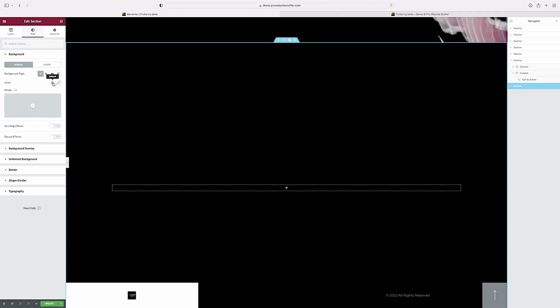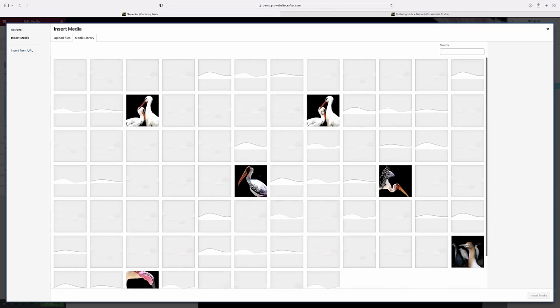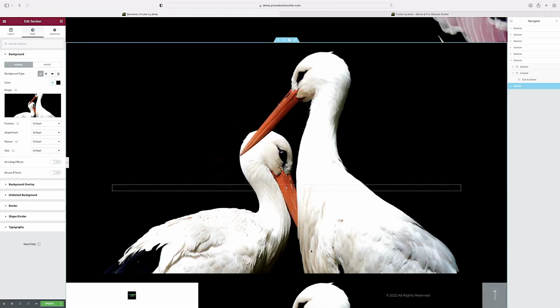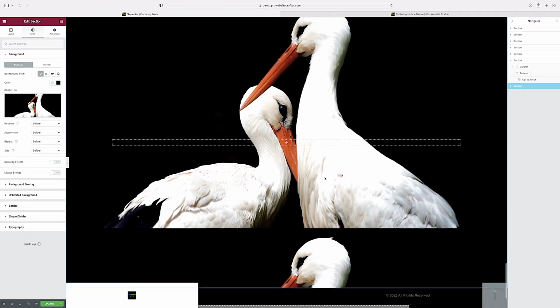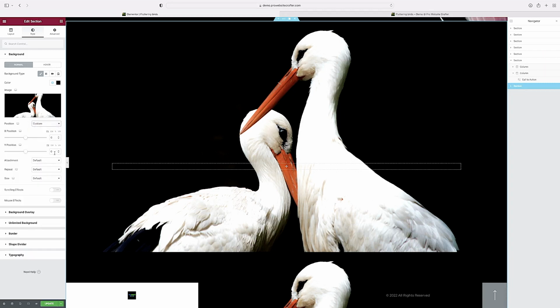Now I'll add a background. The color will be secondary, which is the black. I'll choose an image. This is a nice image of two birdies. I'll set the position at custom. I'll put the Y position a bit low. Somewhere like